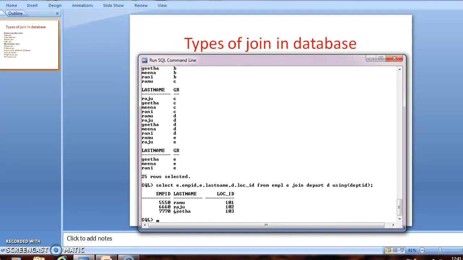This join is made using the DEPT ID column in both the tables.